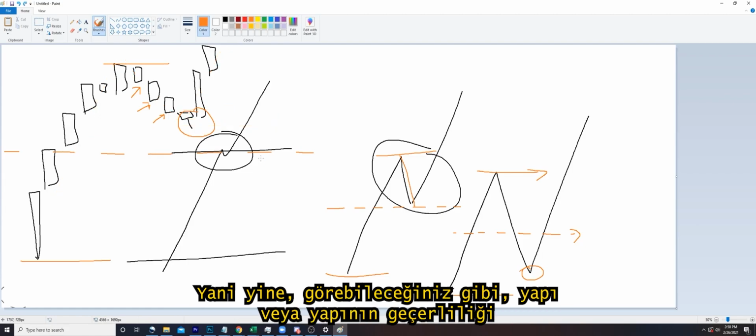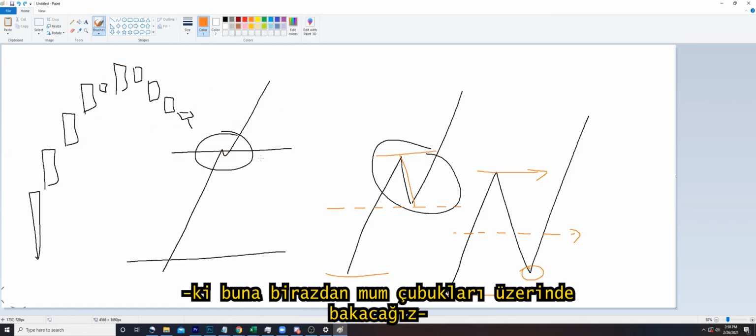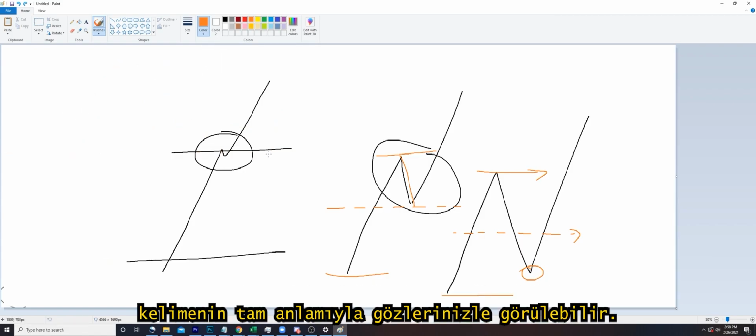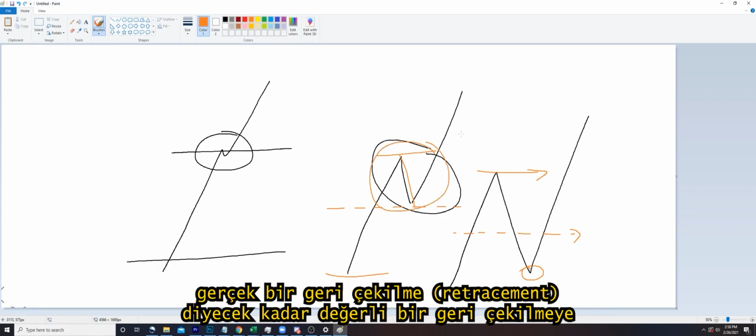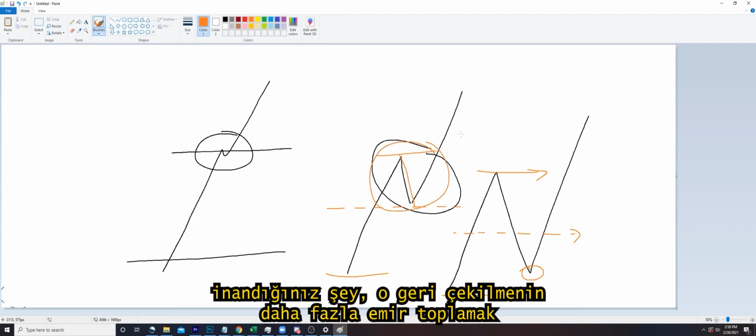So again, as you can see, structure, or the validity of structure, and we're going to be looking at this on candlesticks in a second, can be seen through literally your own eyes, and understanding that structure is something where you have a worthy enough pullback to call a real retracement. Because what you're believing in that retracement is that that retracement was made for the